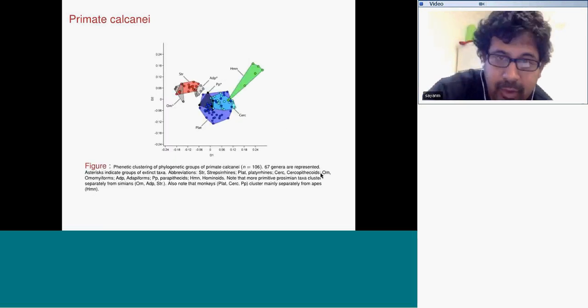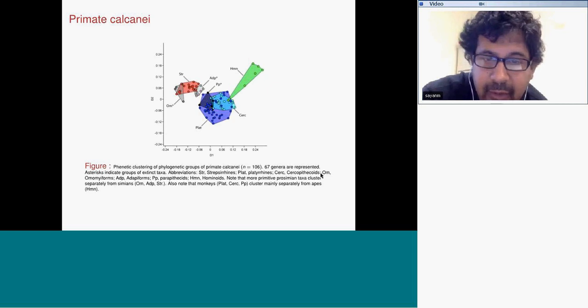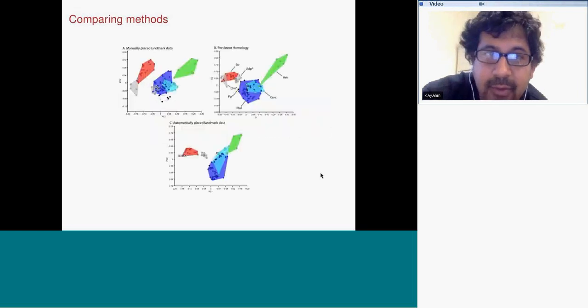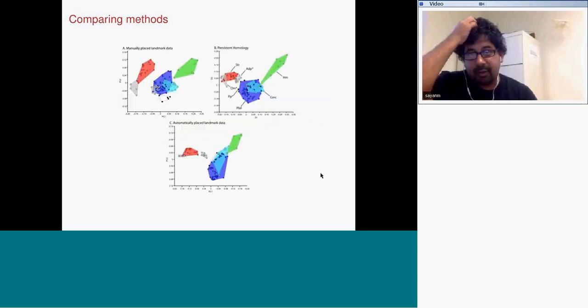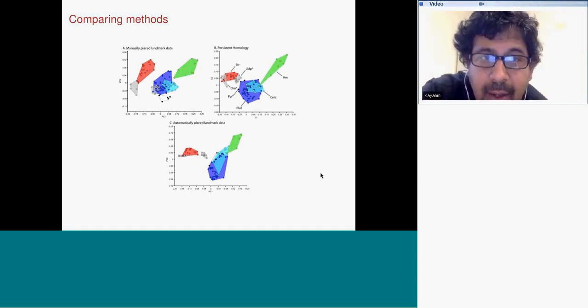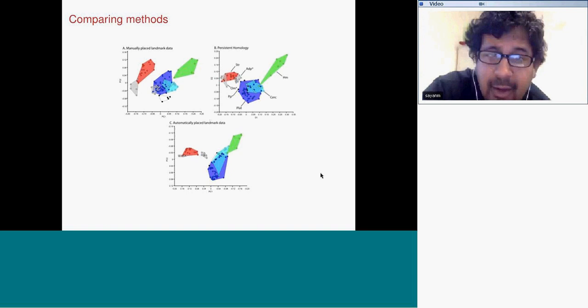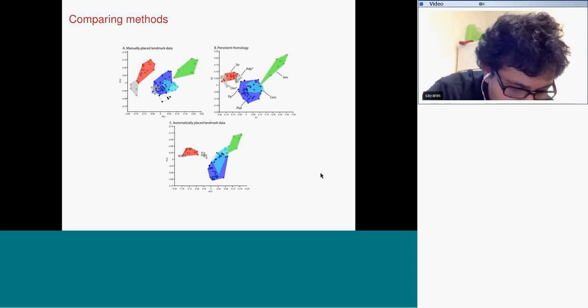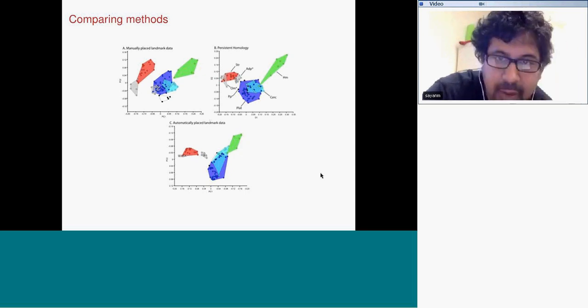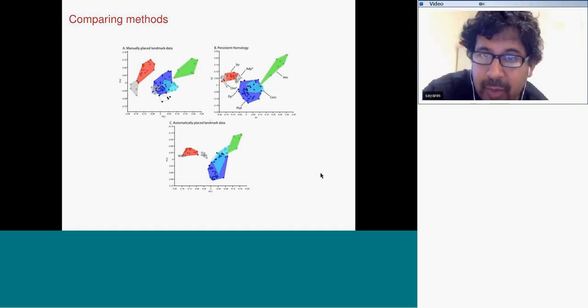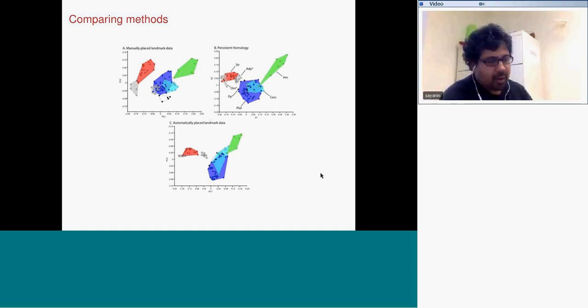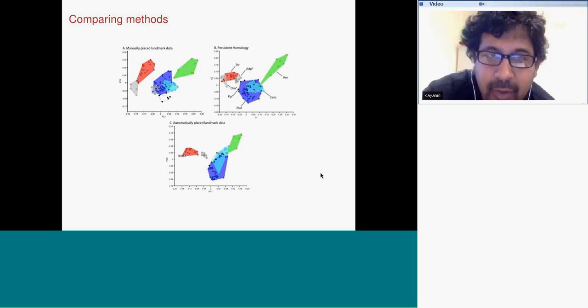And if you look closer, this is what it looks like. Let me actually show you 2 things. Here, we compared methods: the persistent homology method with a landmark data method, which is the classic shape statistics approach, and then an automated landmark approach, which Doug, Ingrid, and I and others have been working on. Quantitatively, the persistent homology one looks better, but again, it could be very interesting to use other types of summaries and to investigate this in more depth and really get a better feeling for what's going on.